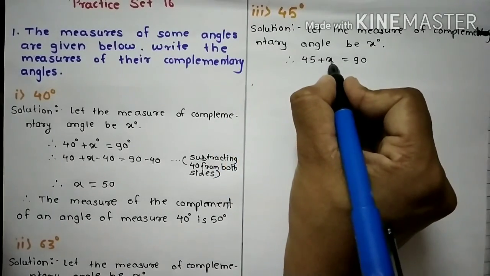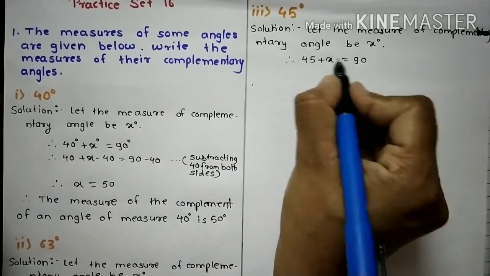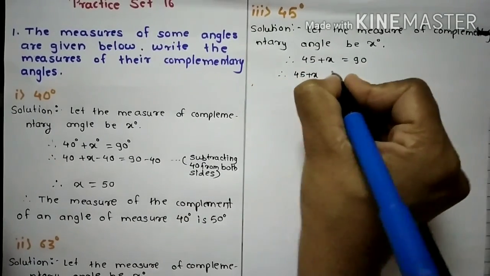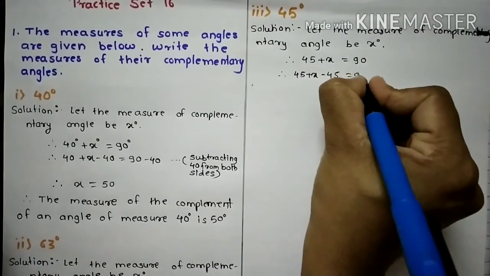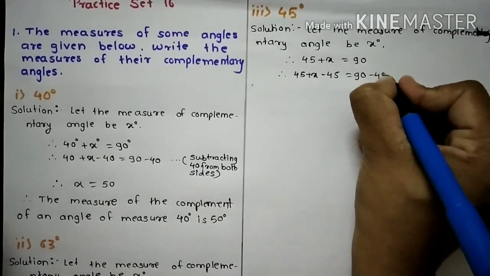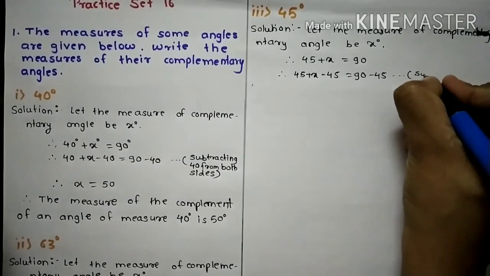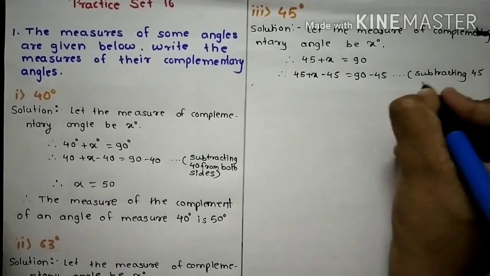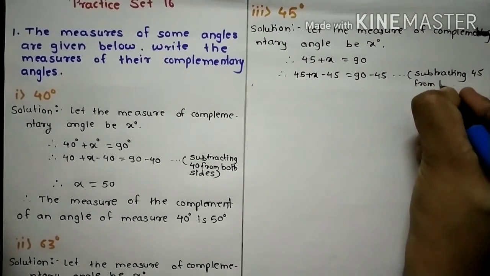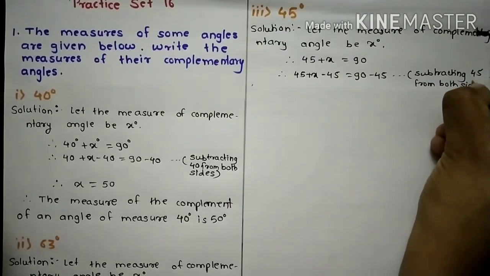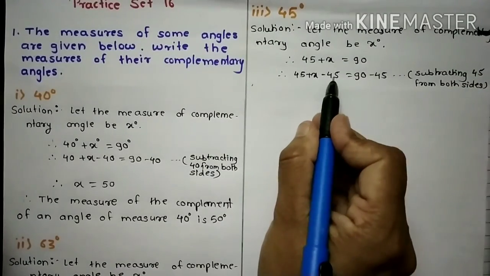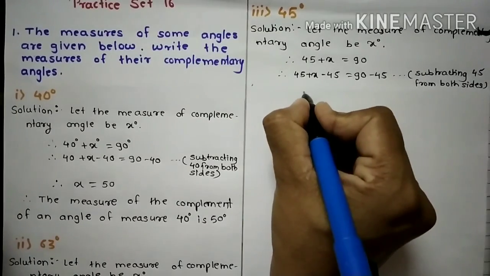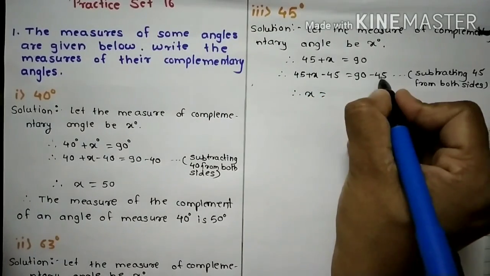Here we have to find the value of x. Therefore subtract 45 from both sides. Therefore 45 plus x minus 45 equals 90 minus 45. Write down here the reason: subtracting 45 from both sides. Okay, 45 minus 45 is 0, and 0 plus x is x. Therefore x equals 90 minus 45, which is